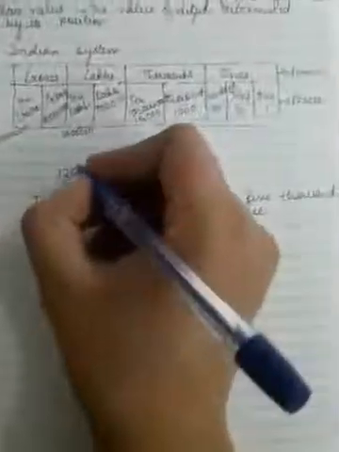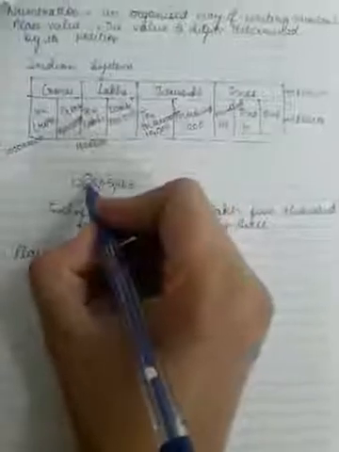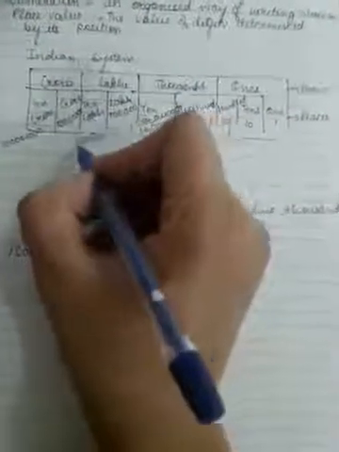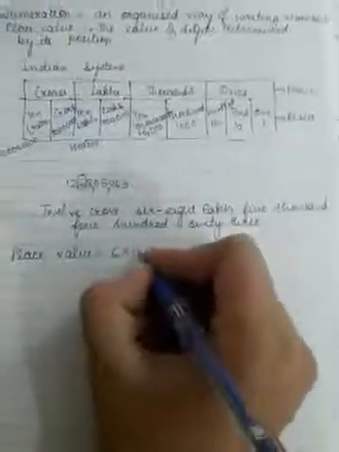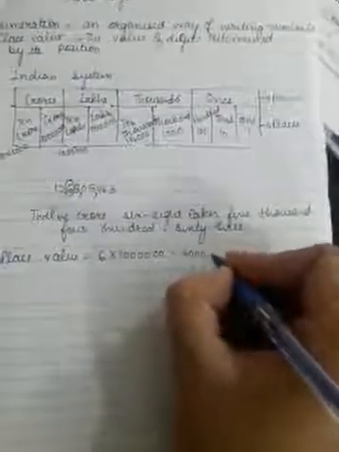Now I have to find the place value of 6 in it. So place value is what? Place value is simple, you know. 6 multiplied by, 6 is at which place? 6 is at 10 lakh place. So multiply by this number, 1 with 6 zeros, is equal to 6 0 0 0 0 0 0. So this is the place value.